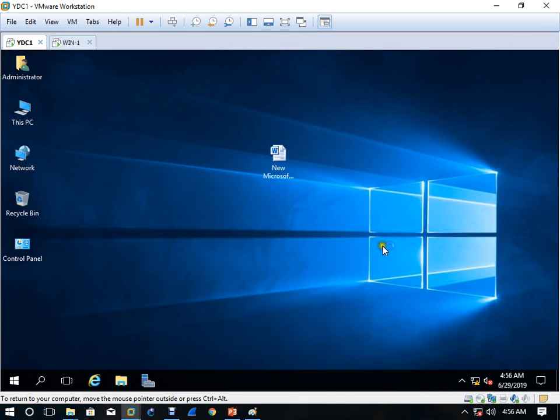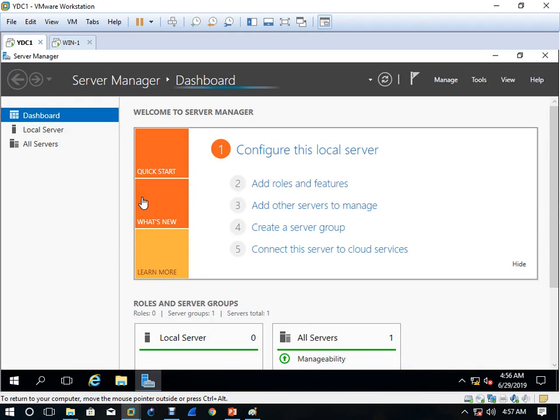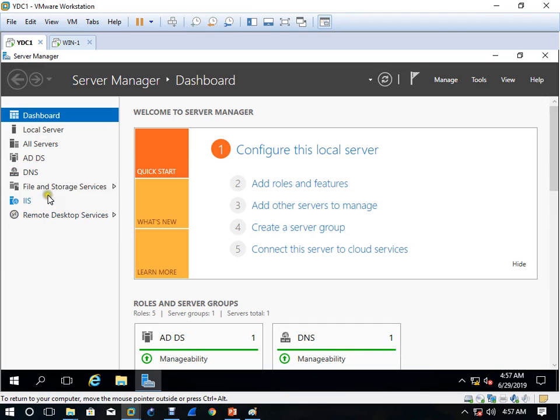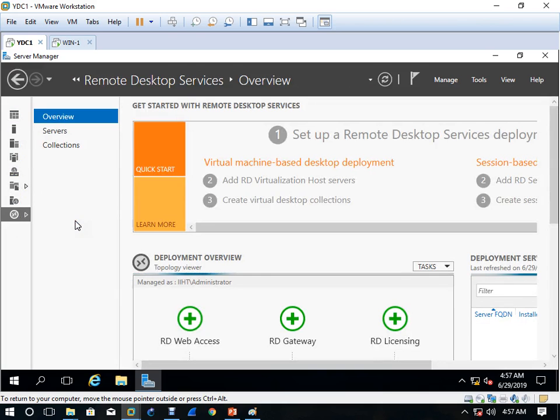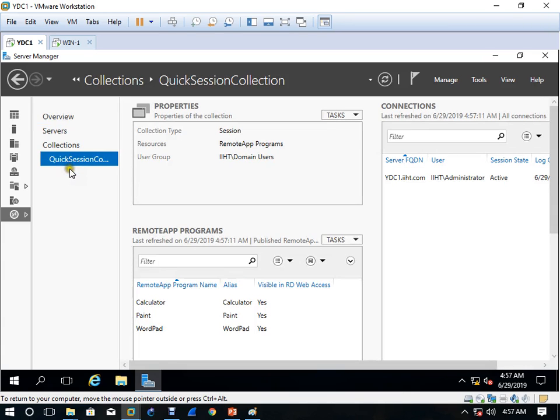We'll open server manager, and in server manager, on the left side, can you see remote desktop services? Click on this remote desktop services, and you will see quick session collection. Click on this, and now you will get this wizard.